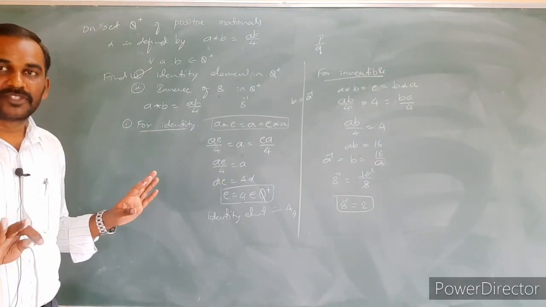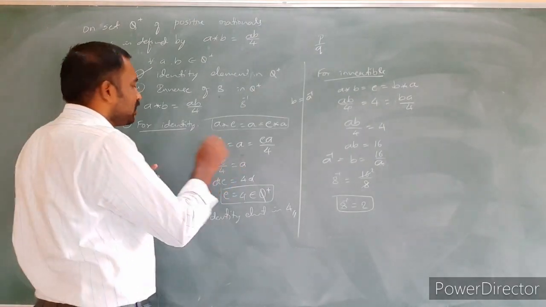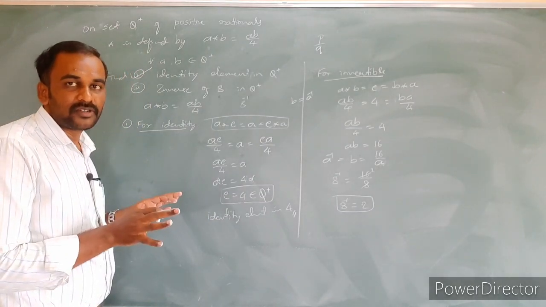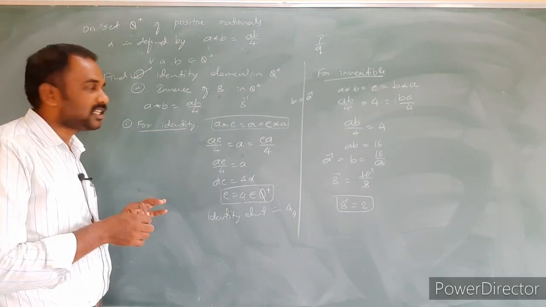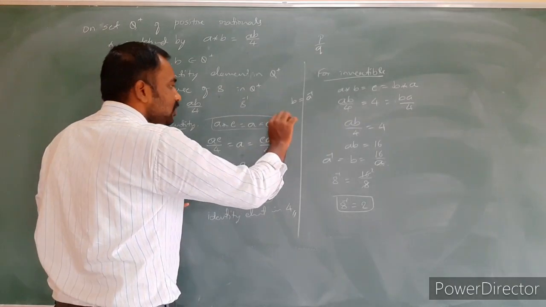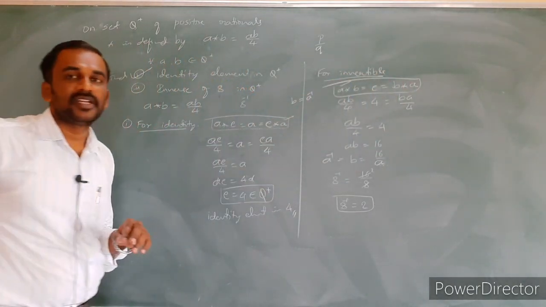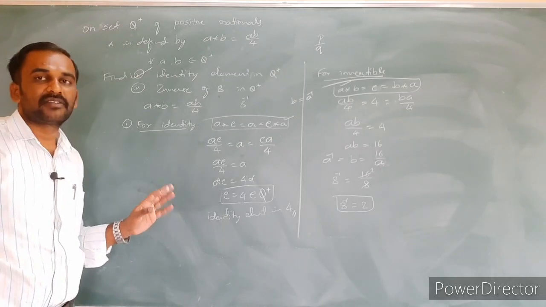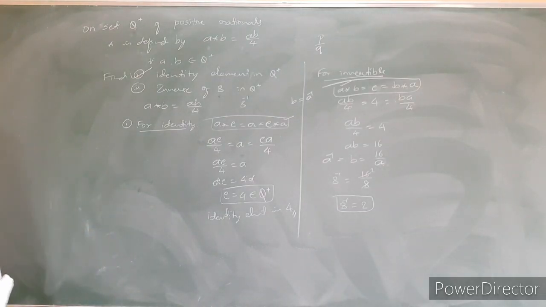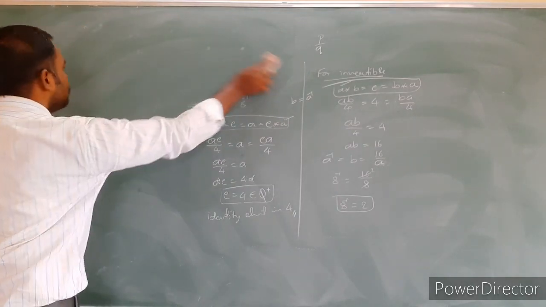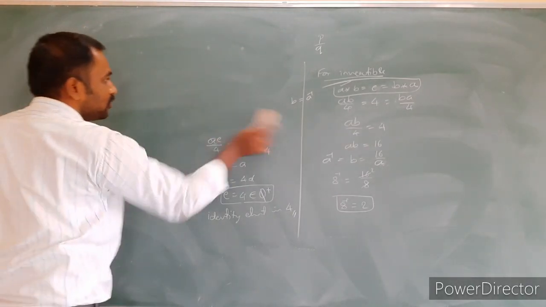So you might have observed, as I earlier told you, that finding the identity element and finding the inverse element are very important concepts. In the 1 mark section they will ask it. For that, it is sufficient to remember the definition. If you remember the definition, we easily get the required answer. Are you sure? Okay. Now go to the next example. You just pause the video and note it down.